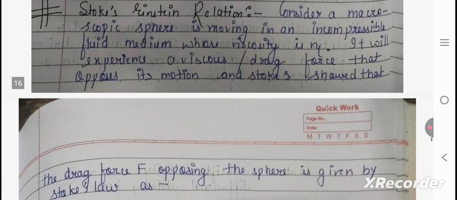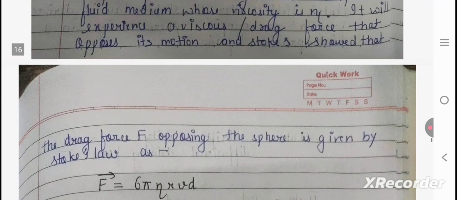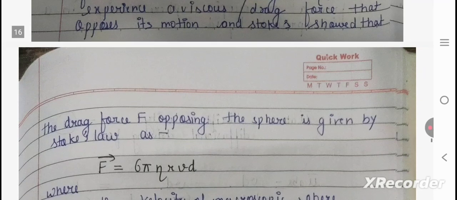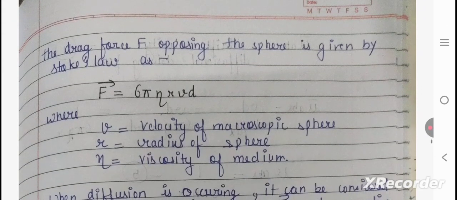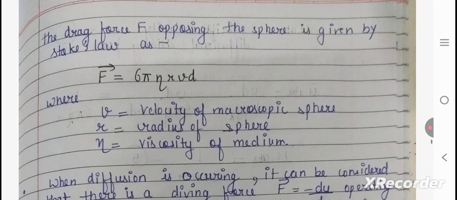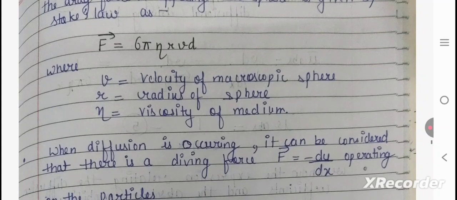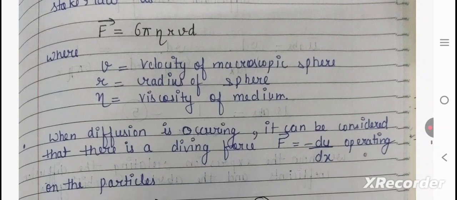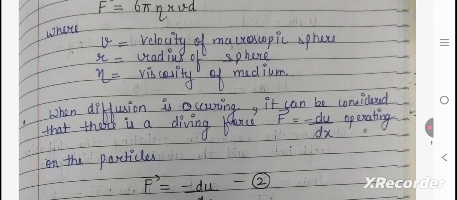Next topic is Stokes-Einstein relation. Consider a macroscopic sphere moving in an incompressible fluid medium whose viscosity is n. It will experience a viscous or drag force that opposes its motion, and Stokes shows that the drag force F opposing the sphere is given by Stokes' law as F vector is equal to 6 pi n r v d, where v is velocity of the macroscopic sphere, r is radius of the sphere,